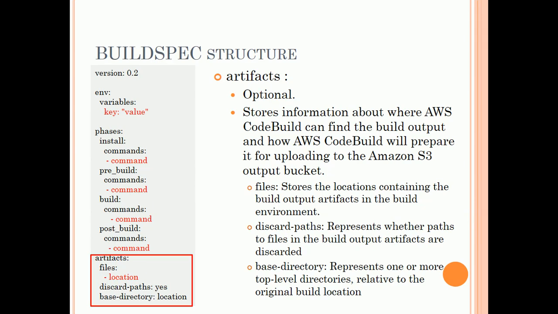Files will represent the locations containing the build output artifacts in the build environment. Discard paths represent whether the paths to the files in the build output artifacts are discarded or not. And base directory will represent one or more top level directories relative to the original build location. So this is how a buildspec structure looks like.